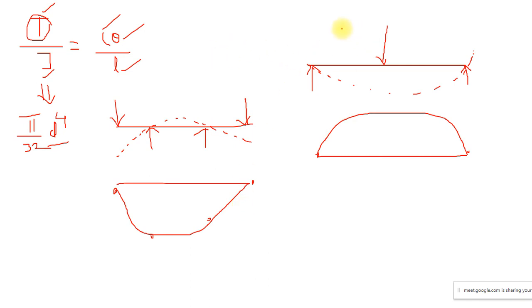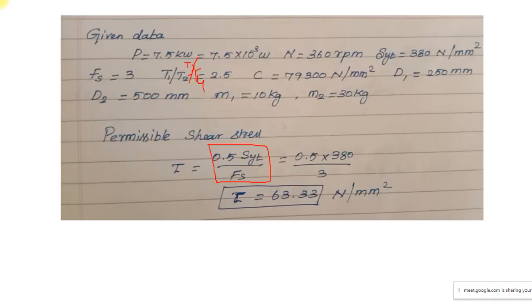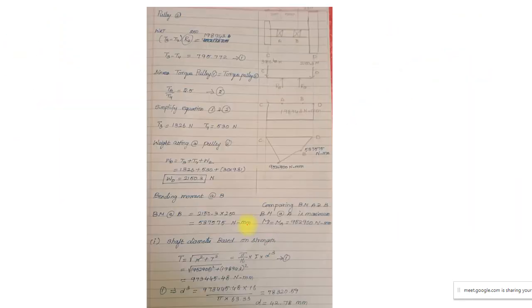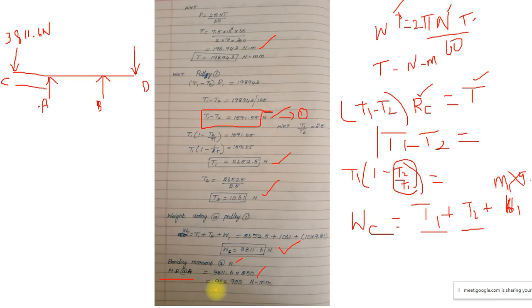So this is our existing problem, today's problem. This is very, very important: how does the bending moment come, and where does the maximum bending moment come? Coming back to the problem, I found a bending moment value which is nothing but 952,900. As I know already, the bending moment at C and at D would be 0. Now the bending moment at A is 952,900.